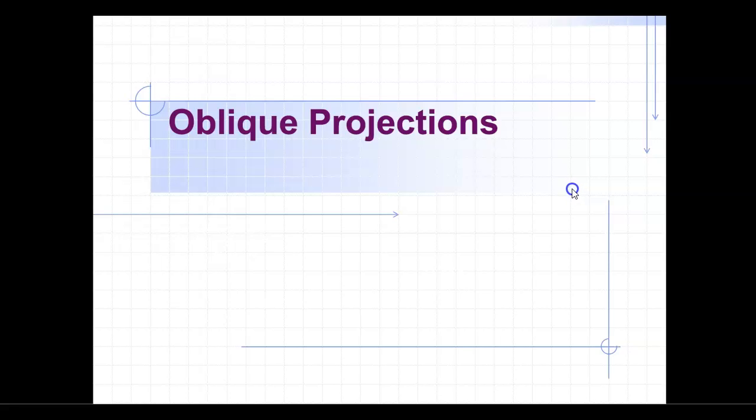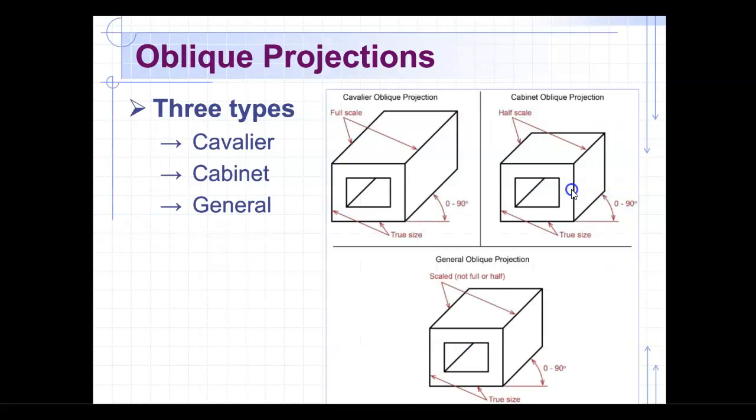Now we're going to get into obliques. There are three types of obliques: the cavalier oblique, the cabinet oblique, and then the general oblique. A quick way to understand and think about this is the cavalier oblique basically has the projection lines of the object. Again, we do see the full face of the object, and that is what we refer to as true size or true shape. We can then, off of that face, project these lines